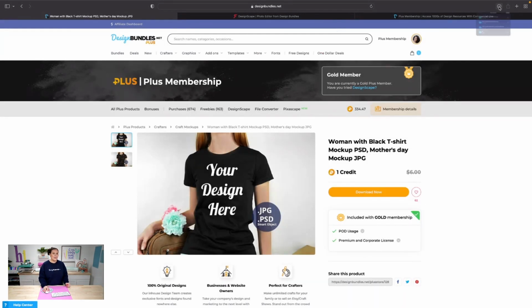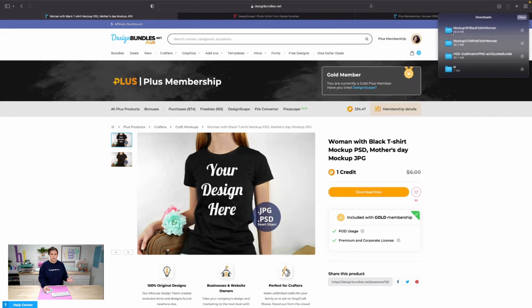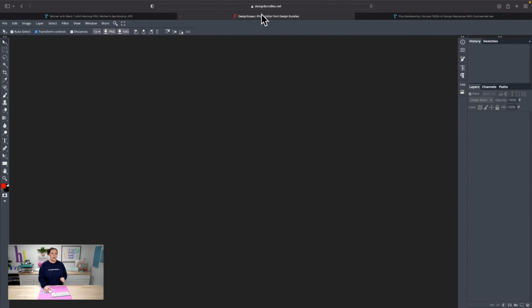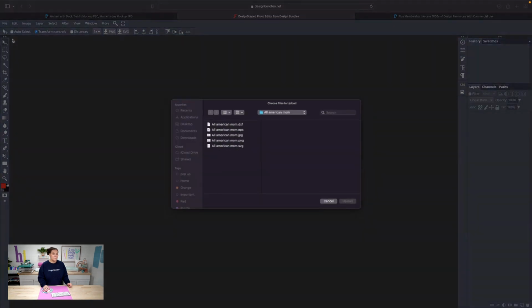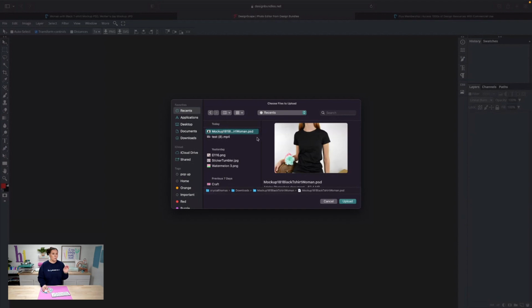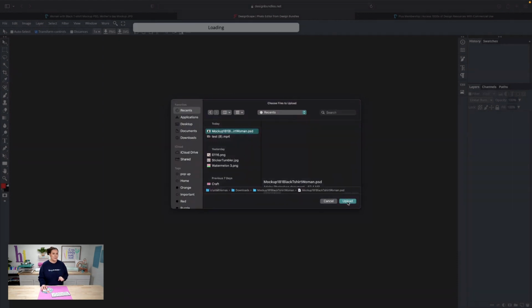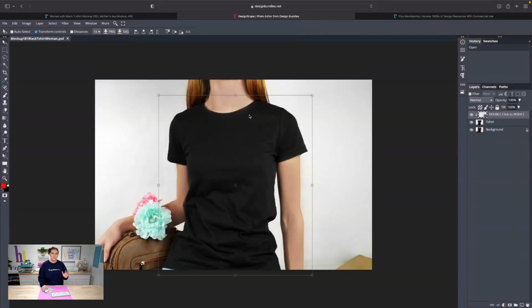So what we're going to do is if I click on this up here, I could actually double click this and it's going to open it up for us. So let's go ahead and head on over back into the Designscape program. You can actually just drag and drop this in here, because we're going to start with a mockup first. Or you can go to File, we're going to go to Open. And then from here, you're going to go to Recent, and then you can pull up that file. What you're wanting is there's going to be one that's a JPEG or the one that has a PSD at the end. We want the one that has a PSD. We're going to click on Upload. It's going to bring it right inside.